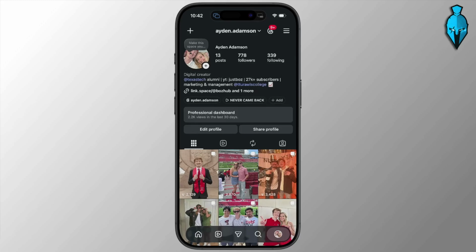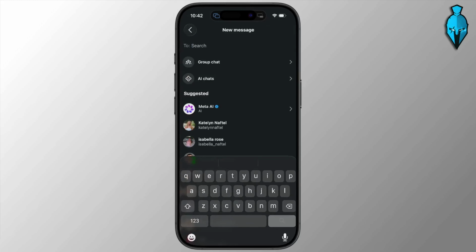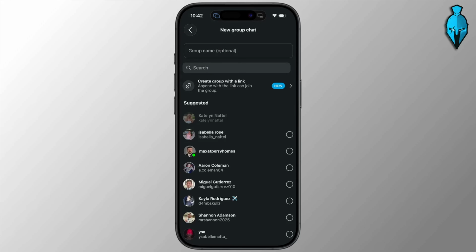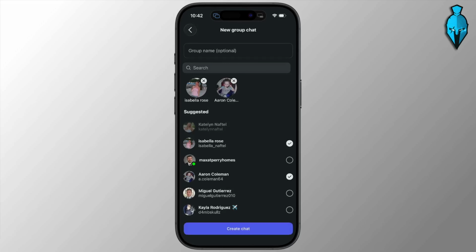To create a group chat on Instagram, go ahead and open up the app, and you need to tap the home icon down in the bottom left corner, and then go ahead and just open up your inbox. Once you're on your inbox, you need to look up in the top right corner and select that new message icon, select group chat, and then choose whoever it is that you want to add to the group chat. Go through, select them just like so. Once you go ahead and select them, just hit create chat and you could change that name, but that's really